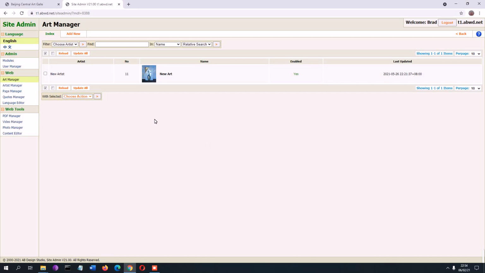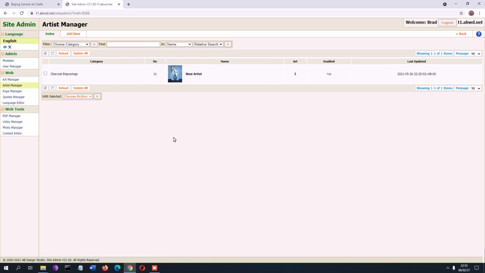Okay, now we're gonna go through this art manager, but actually we should get started first from the artist manager, because in order to add art you need to add the artist first, right? So let's go to artist manager, and this is the artist manager, and I already added